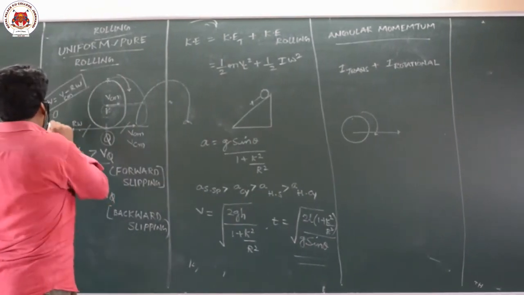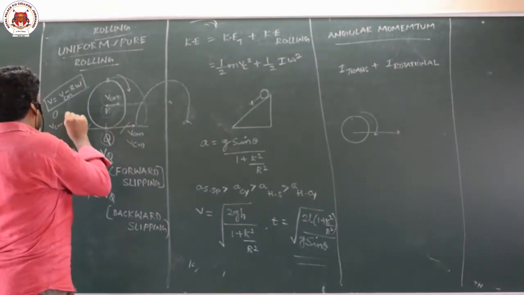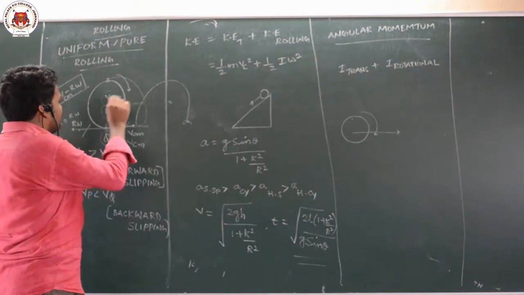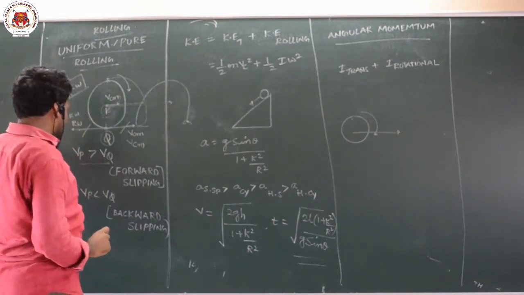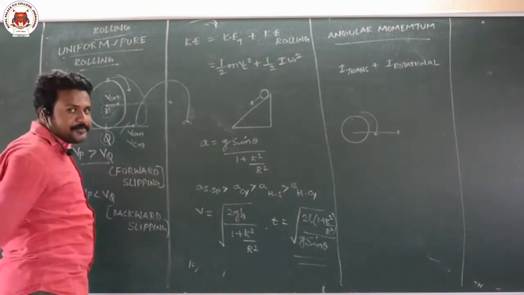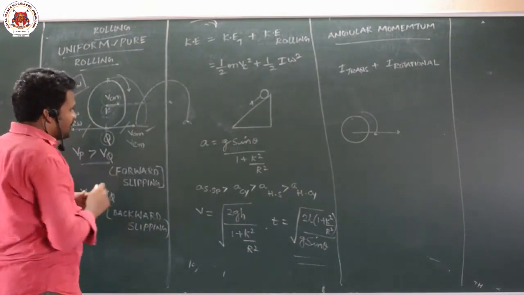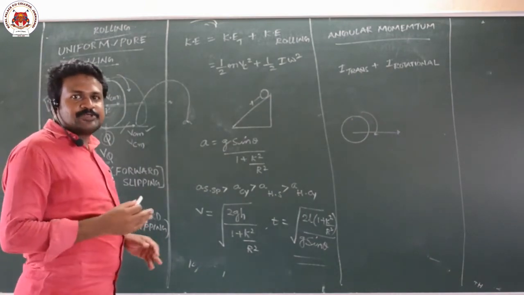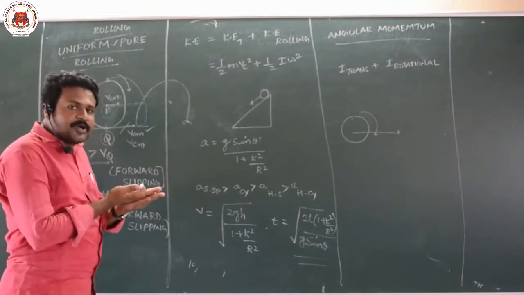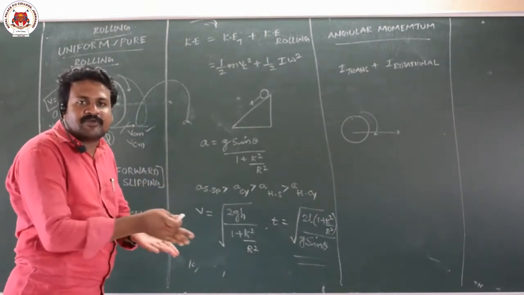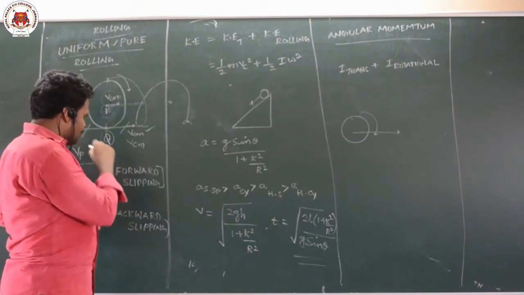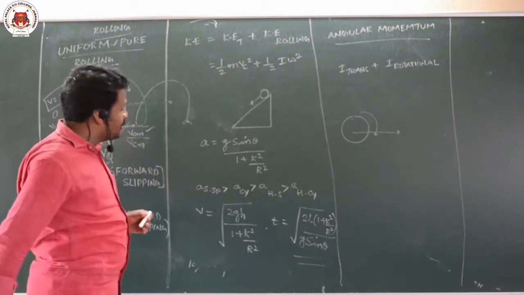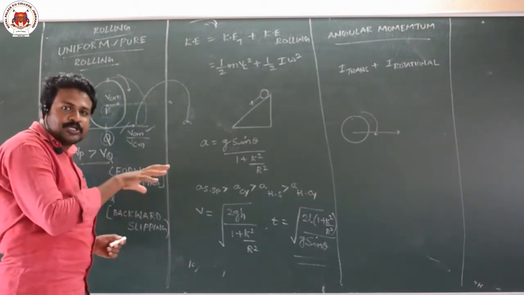So you get the velocity of center of mass equal to R omega. Suppose the velocity of center of mass is greater than R omega, then the body slips forward. Even when you are walking, if you have some relative motion at the point of contact, you will fall forward or backward. If the velocity in the forward direction is greater, you are going to slip forward. If the velocity in the backward direction is greater, you are going to slip backward.